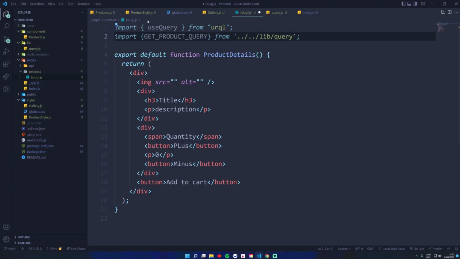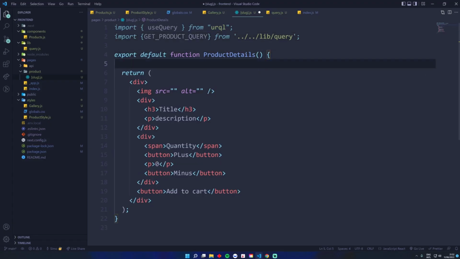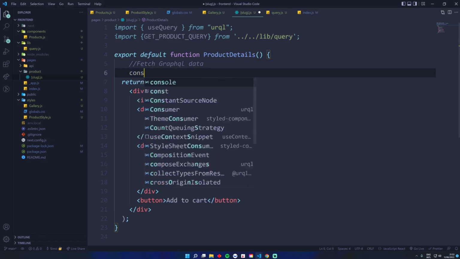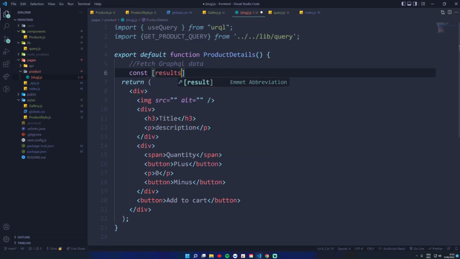We're getting close, I promise. So here, what we can do now is fetch GraphQL data. Okay, so const results, kind of the same way as we did it before, use query,